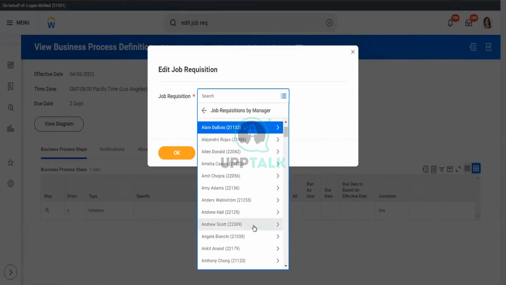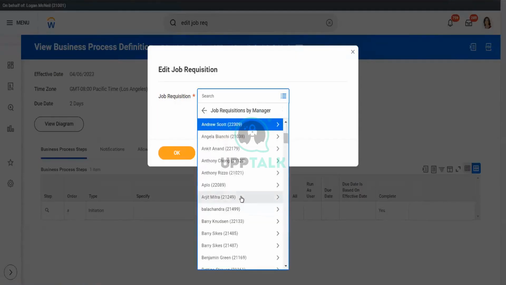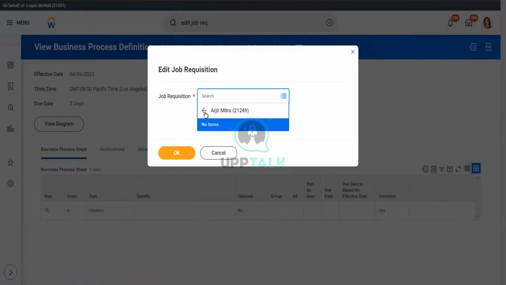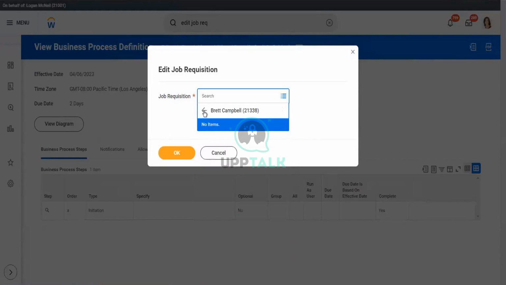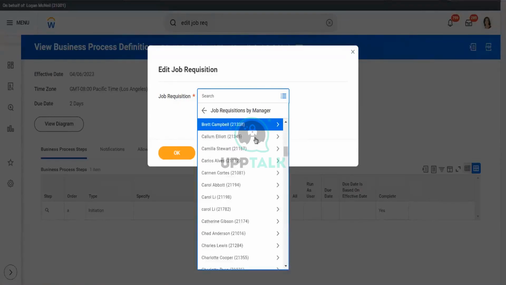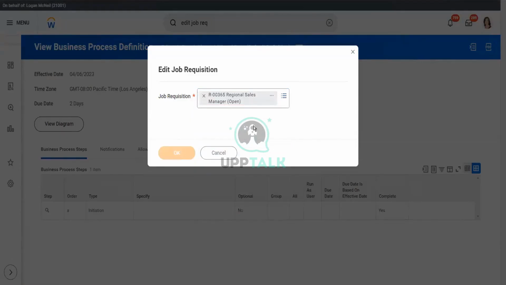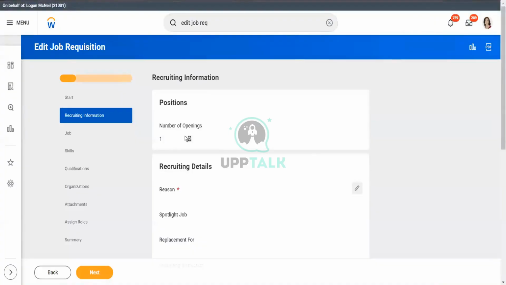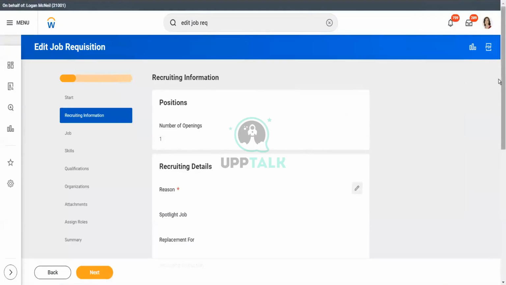Likewise, I could search for a closed one. It is open. Likewise, I could search for a closed one. It is open. You can see the job requisition will not get triggered; the Edit Job Requisition BP will trigger. But if I'm looking into open, since it's open, that's why it's not allowing me to edit the number of openings. The reason could be that you can do the testing for it, but let's look into the